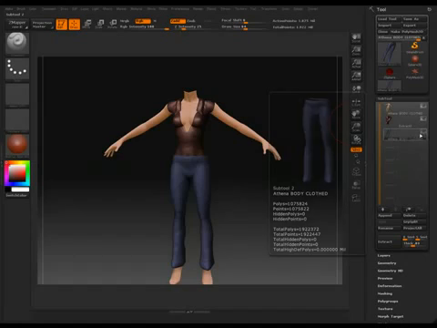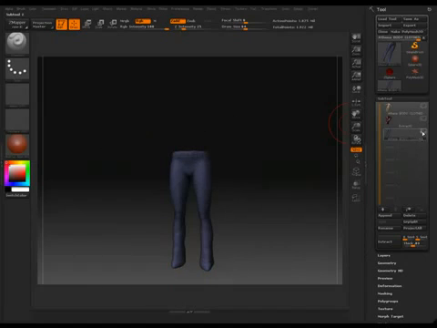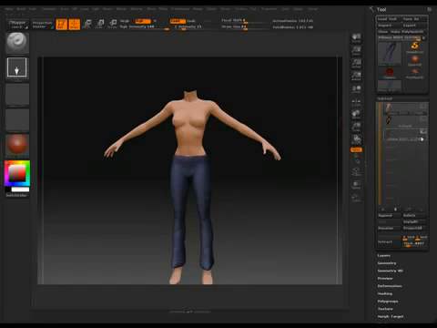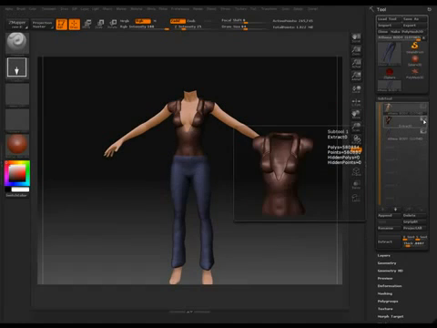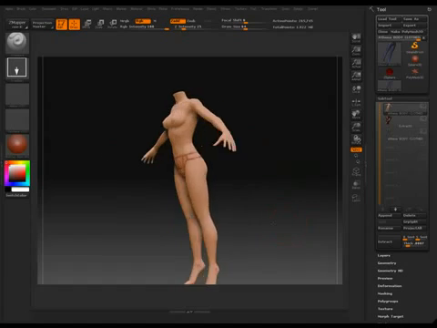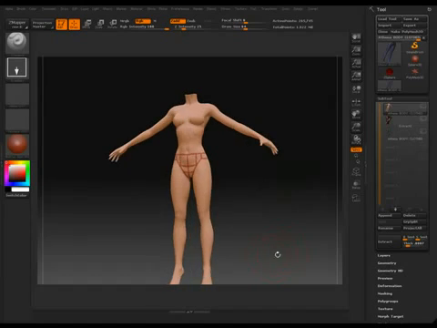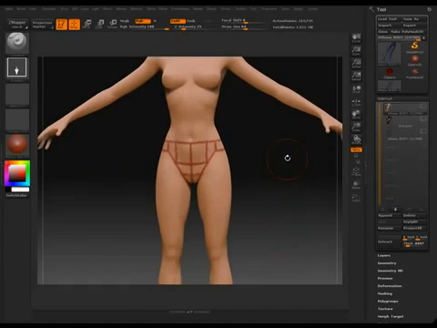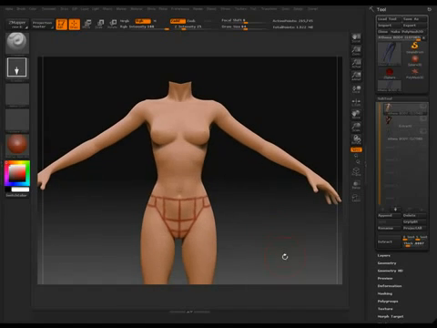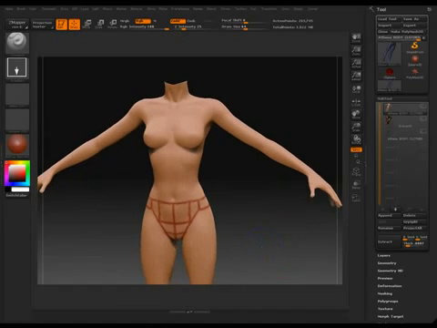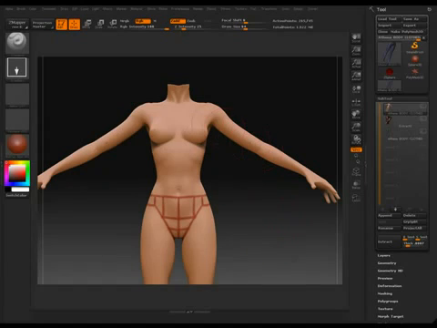Now, I already have different pieces of clothing attached to this model here. I'm going to show you how to create a whole new set. This is just a tutorial, so don't mind the detail that I'm going to be putting into it. The first thing that you want to do is make sure that you're in